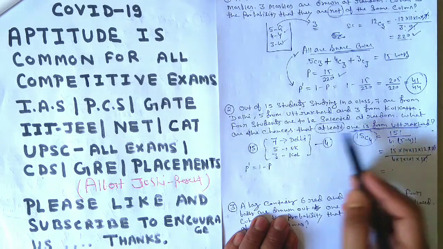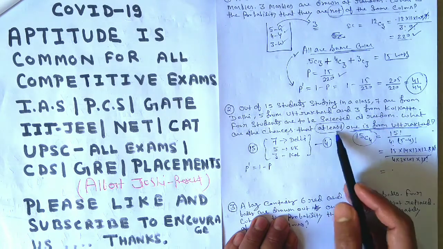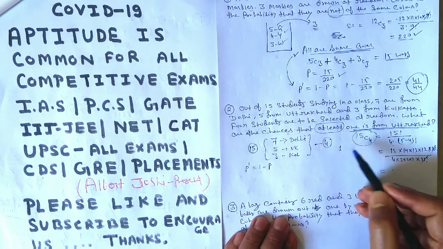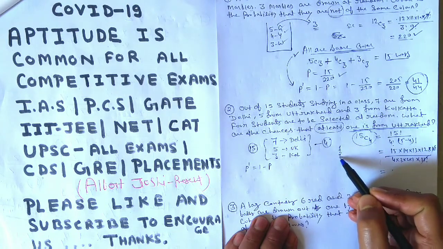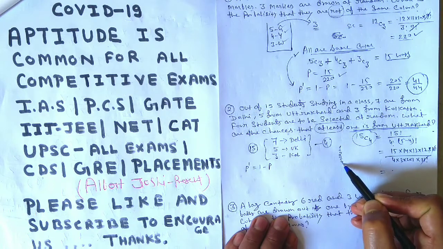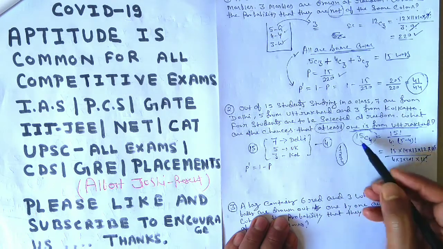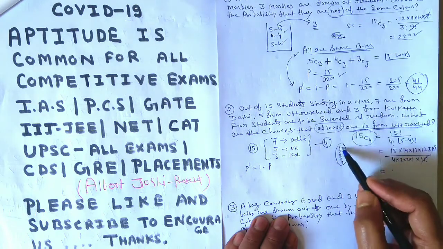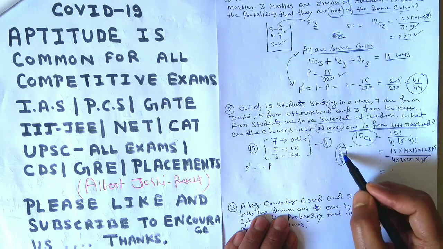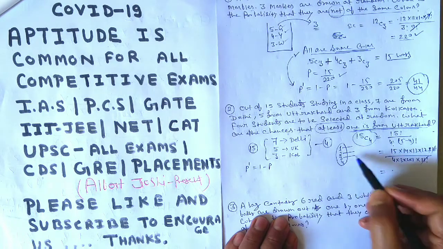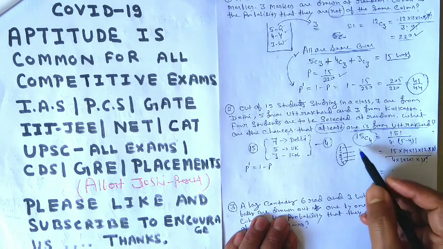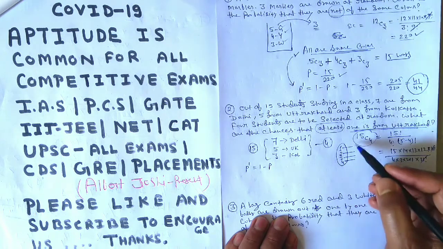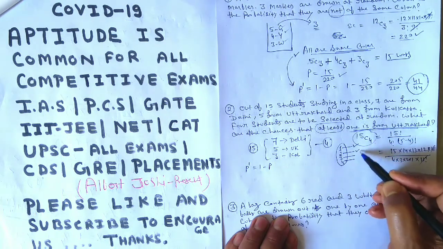At least one is from Uttarakhand. It means that maybe one from Uttarakhand, maybe 2, maybe 3, maybe 4 from Uttarakhand. All are from Uttarakhand. At least means either 1, maybe 2, maybe 3, maybe 4 from Uttarakhand. So in this condition, you have to find the probability for each, and at last you have